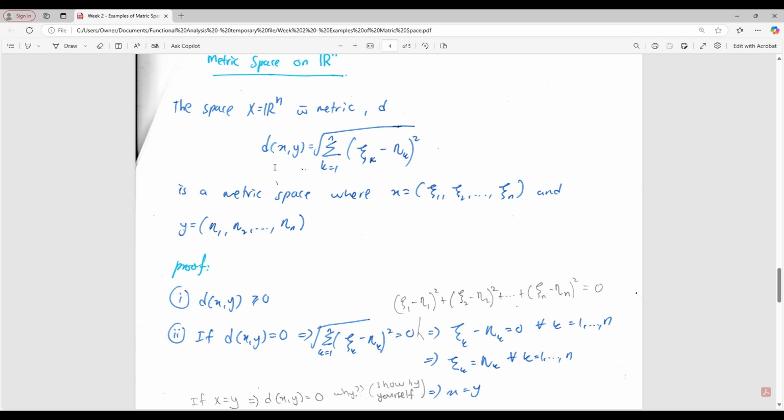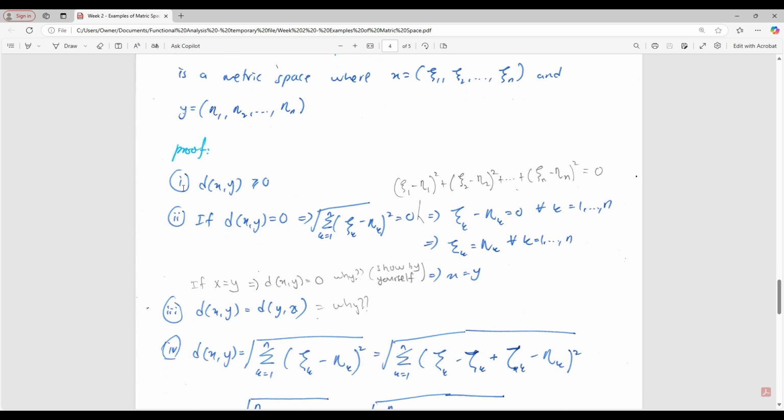So we are defining the matrix in the following way. It's quite similar, except that we have n dimension here. So we have n tuple. So now